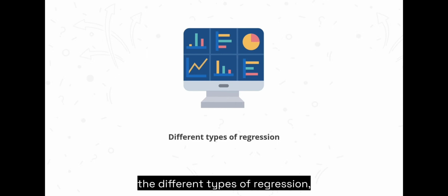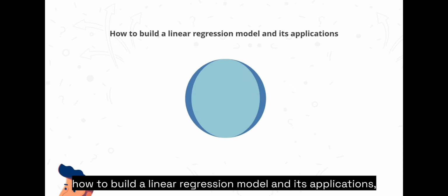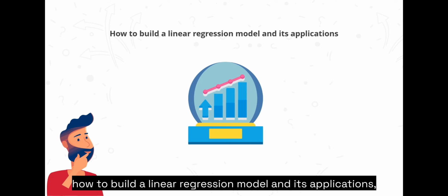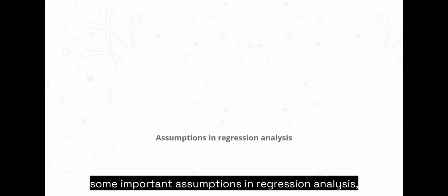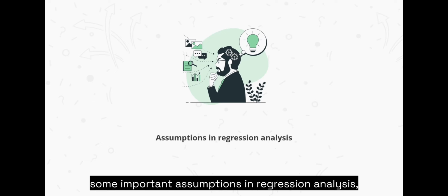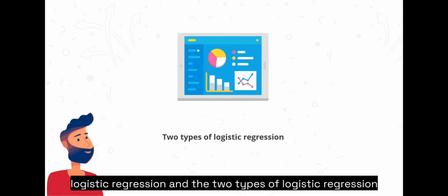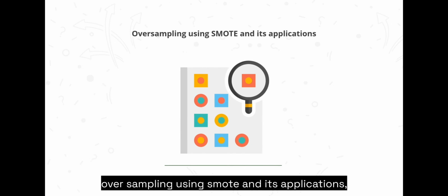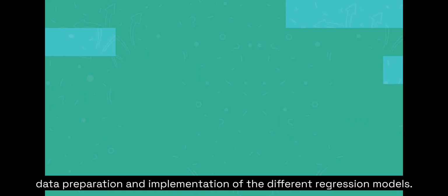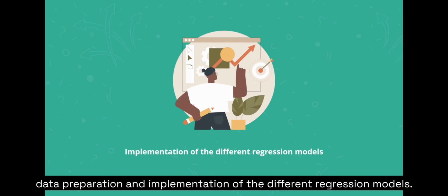Further, we covered the different types of regression, how to build a linear regression model and its applications, some important assumptions in regression analysis, logistic regression and the two types of logistic regression, oversampling using SMOTE and its applications, data preparation and implementation of the different regression models,